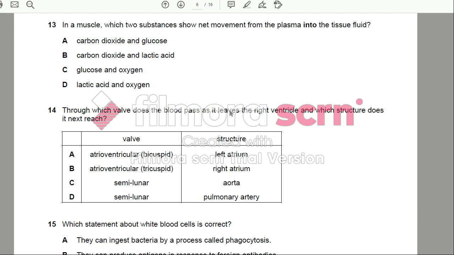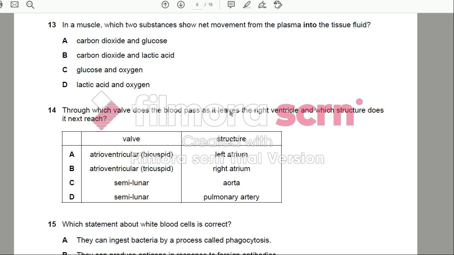In option A, carbon dioxide and glucose, definitely carbon dioxide will not be a part of it. When the blood is moving towards the tissues, it is bringing oxygen and glucose. Carbon dioxide and lactic acid, again it's incorrect, because muscle will produce lactic acid and give it to the blood to oxidize it. Again incorrect answer. So when we move to option C, glucose and oxygen, yes, it seems correct, but